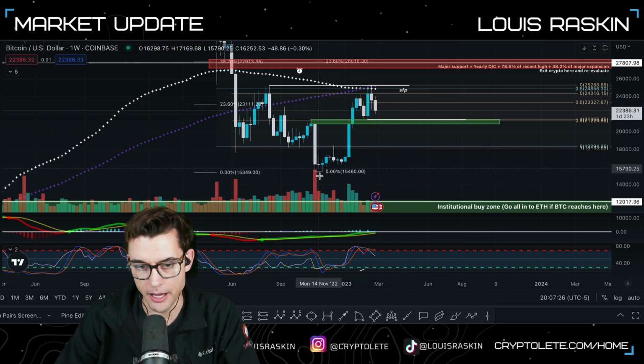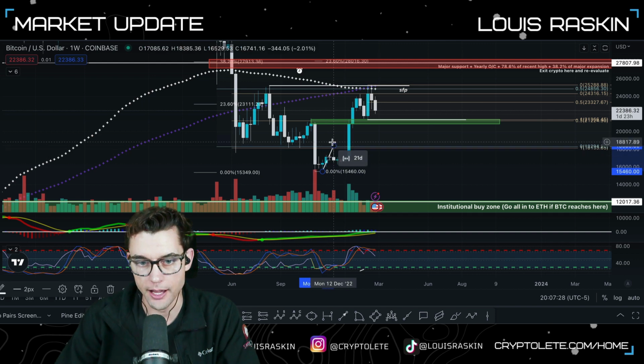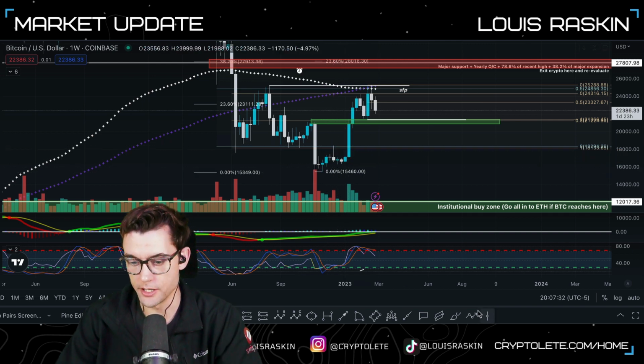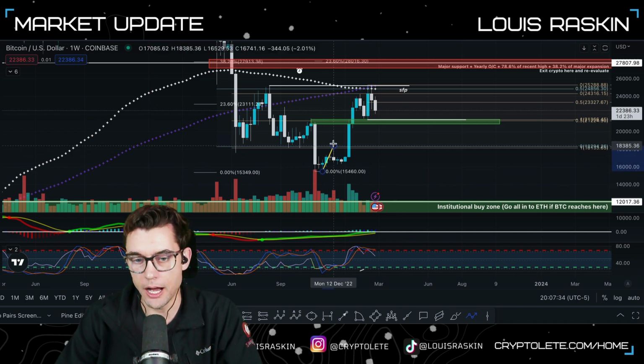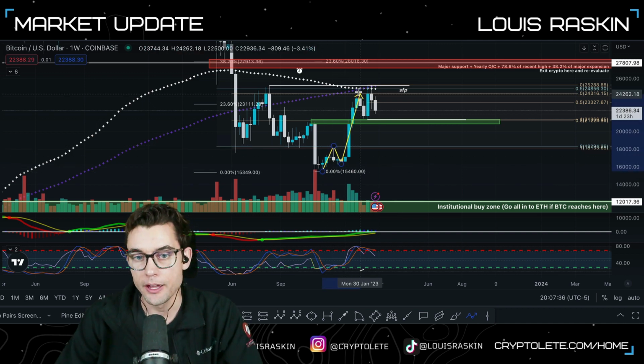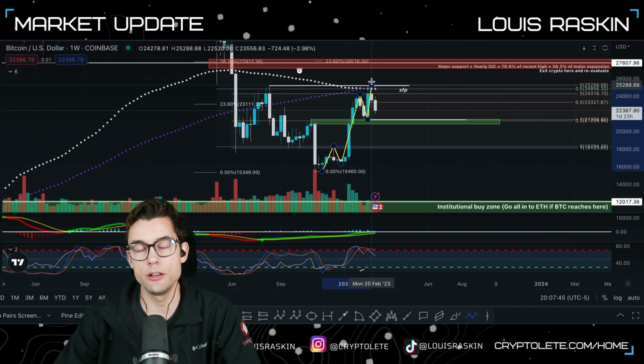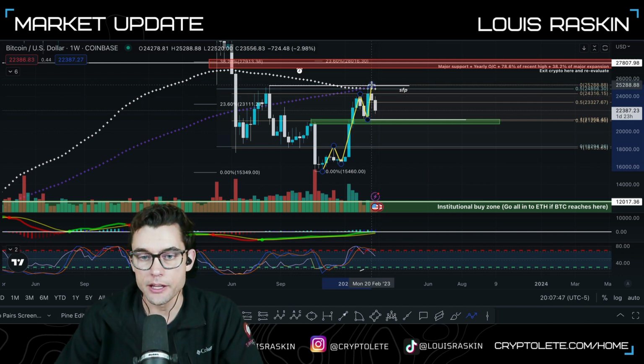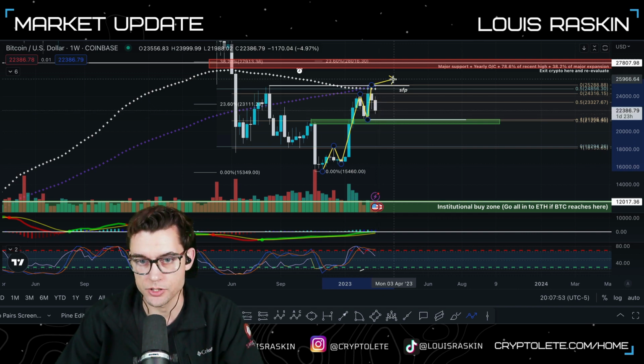So you could look at the bottom, and this is the low, created a high, created a higher low. Sorry, I should have used this. Create a low, a high, a higher low, and then a higher high, and then a higher low, and now another higher high. So if the trend on the weekly is going to continue, it will either create a higher high, such as stopping right here and reversing from here.